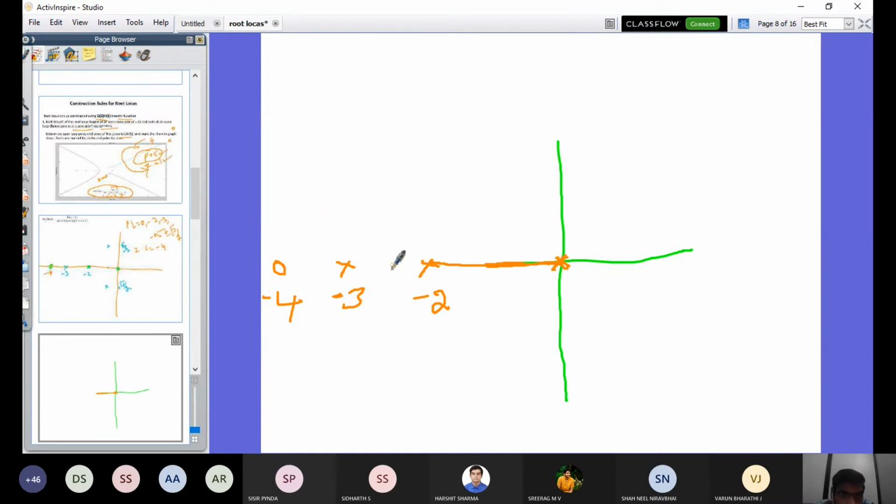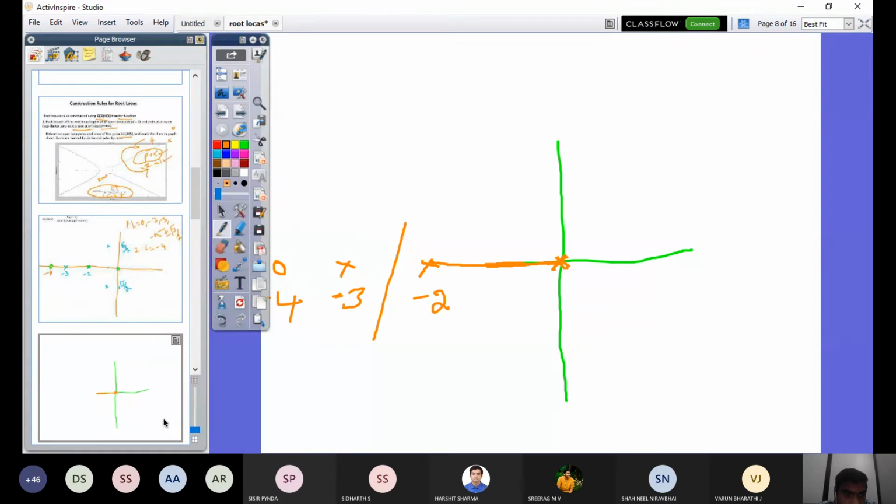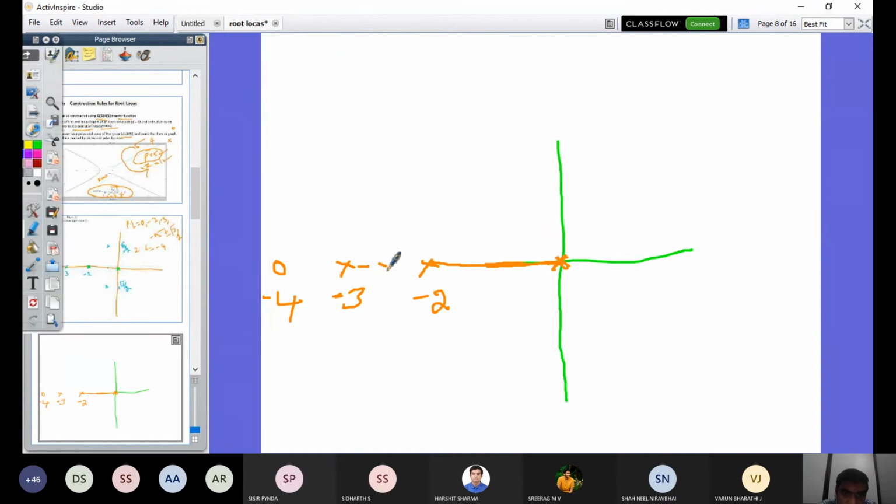Okay, dear? Again, you can put your hand here. If you put your hand here, how many poles and zeros will there be on the right side? Two. Even or odd? Even. So after -2, up to the next pole or zero, there won't be any root locus axis. There won't be a part of the root locus segment. Are you able to follow? Yes. From this point to this point, I will draw it in dotted line.